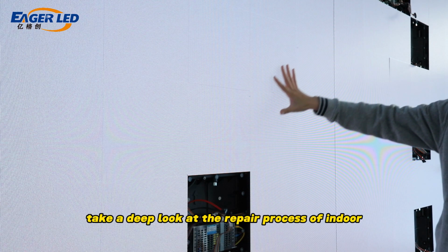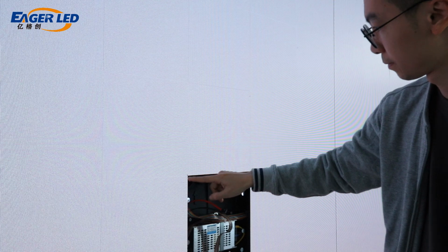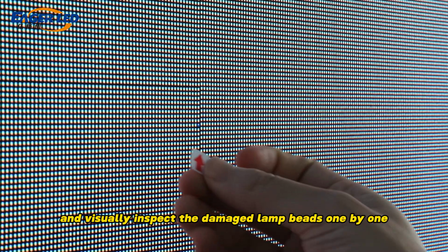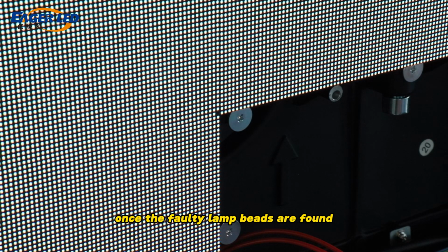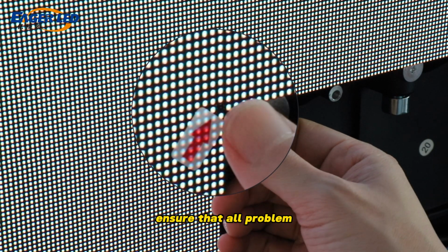Today, we will take a deep look at the repair process of indoor LED modules. First, the technician will light up the LED screen and visually inspect the damaged lamp beads one by one. Once the faulty lamp beads are found, the technician will mark them with label stickers to ensure that all problem